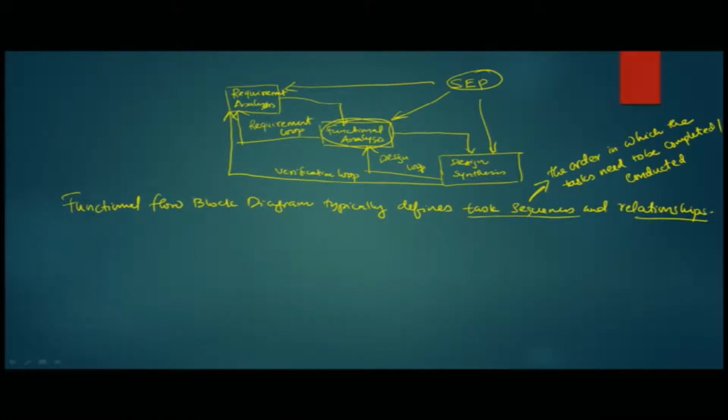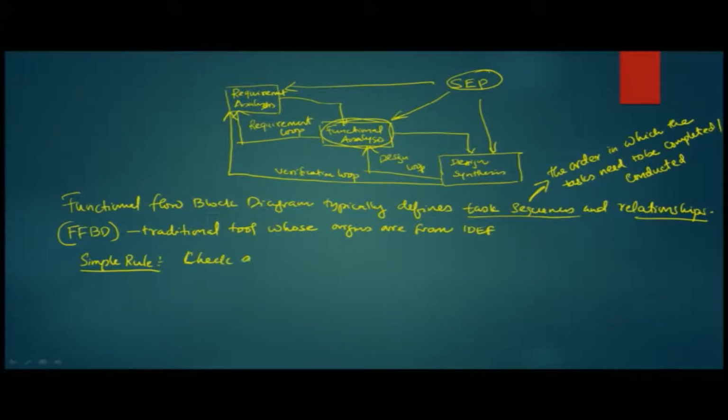This is typically also known as FFBD, the abbreviation of functional flow block diagram. It is a traditional tool whose origins are from the IDEF system. It also helps you to identify things, or in a way, the simple rule that everybody follows in FFBD is that you check and see